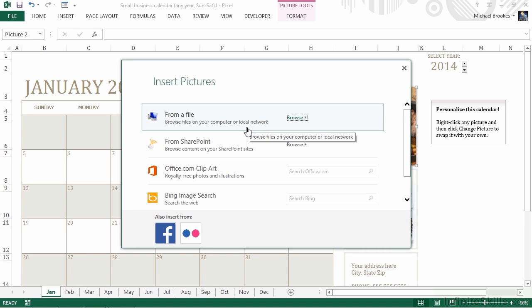We can insert it from a file, from a SharePoint site. We can even go out and search the Office.com website or do a complete internet search using Bing Image Search. Other options may be available too, like using Flickr. We actually have a copy of an Excel logo in our Chapter 2 Working Files folder. So let's click Browse,